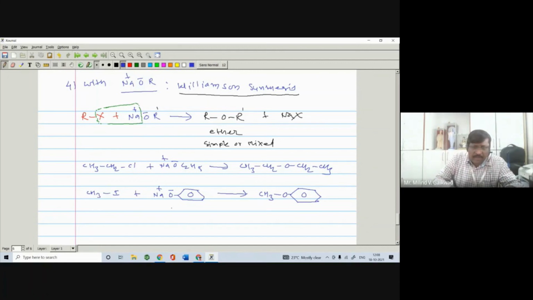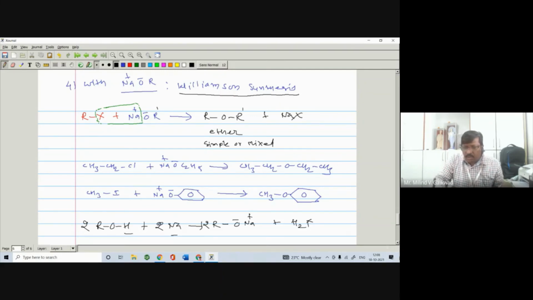The question arises, how can you prepare this sodium alkoxide? Sodium alkoxide preparation is very simple. Simply by the reaction of two molecules of alcohol, ROH, with two molecules of sodium. Then there is the formation of two molecules of sodium alkoxide, and two hydrogen, meaning hydrogen gas gets evolved. So in this way we can prepare this type of compound.